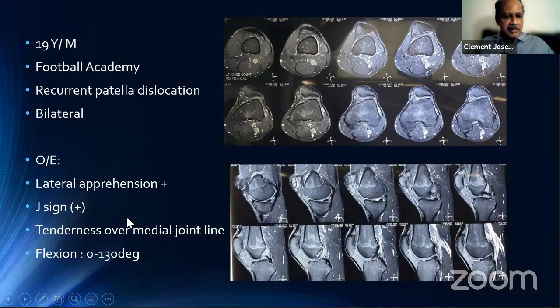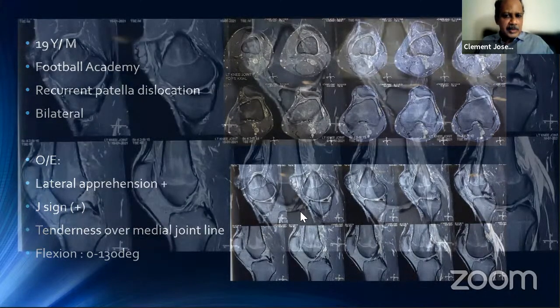On examination, he had lateral apprehension. The J sign was positive. He had tenderness over the medial joint line, and flexion was full, range of movement was full. So these were the MRI. And as you can see, he also had an avulsion fracture on the medial aspect of the patella, superior medial aspect of the patella. And the patella height was